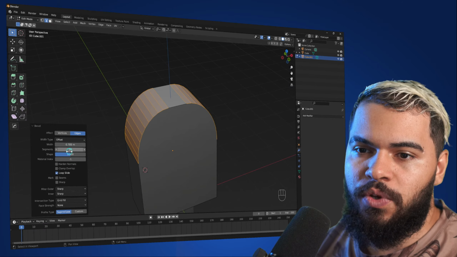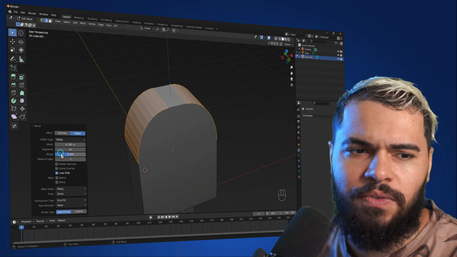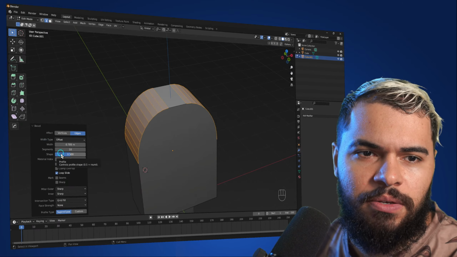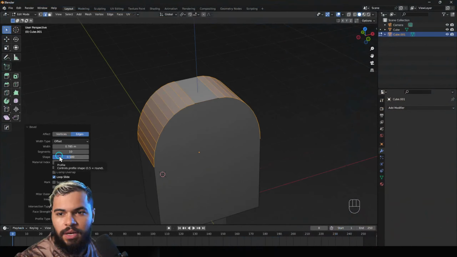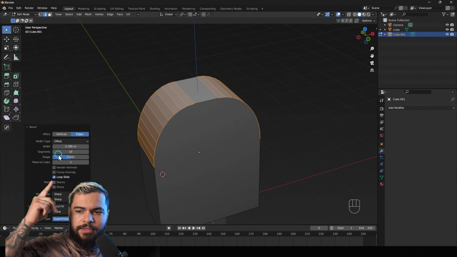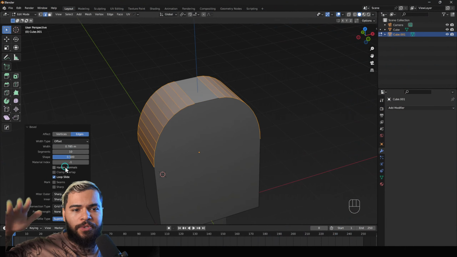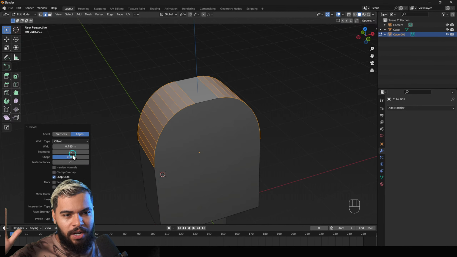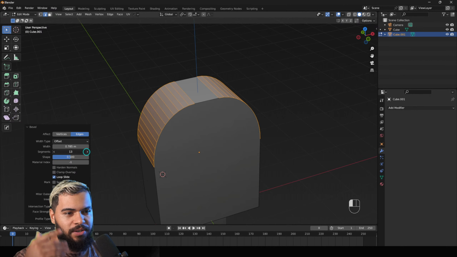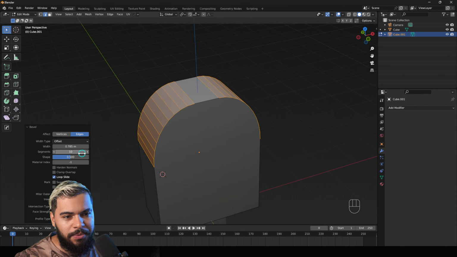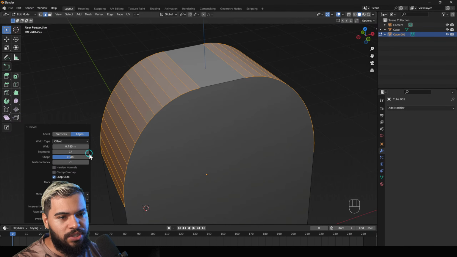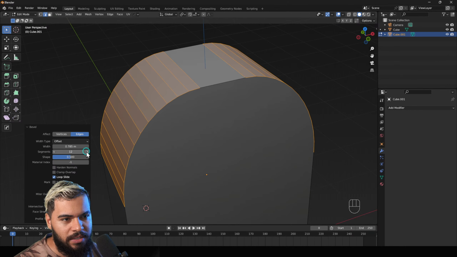I will add something like this. If I click, you also can change it. There are a lot of functionalities, okay? There are many options here, but don't worry for now. You just need to focus that you can change the segments. You can increase, you can decrease. It's up to you, okay? And it's going to change here. All right, simple like that.